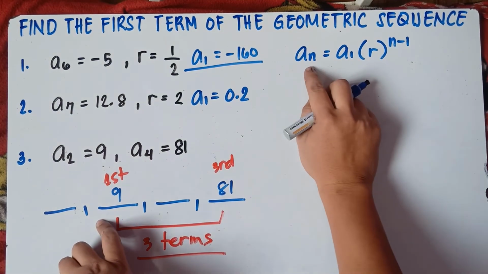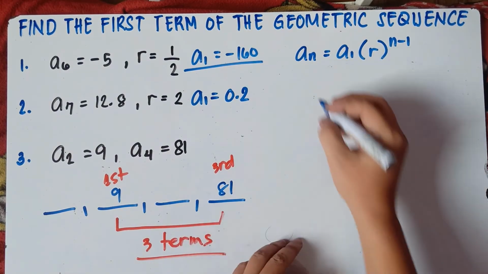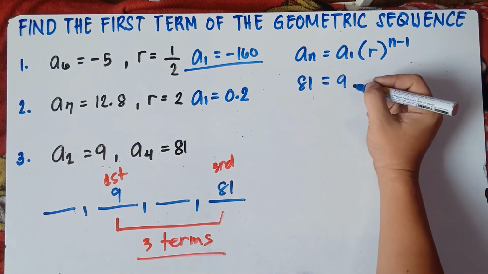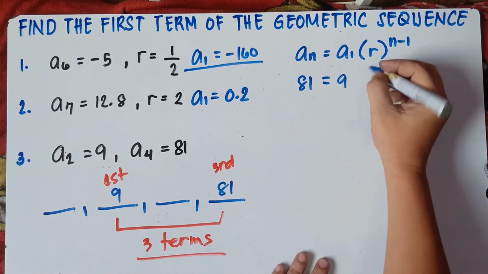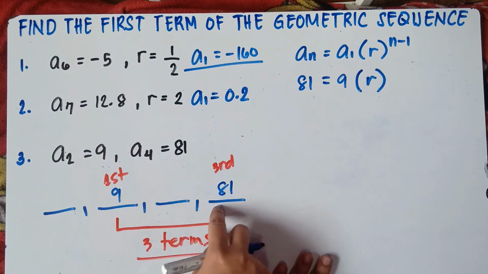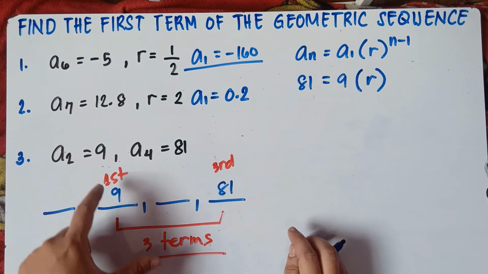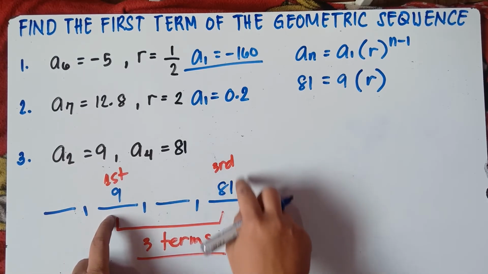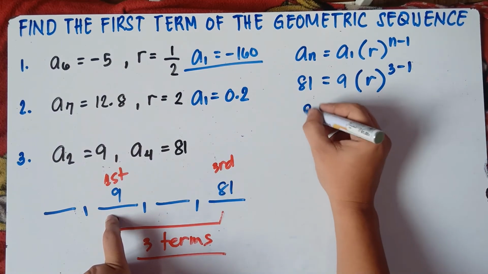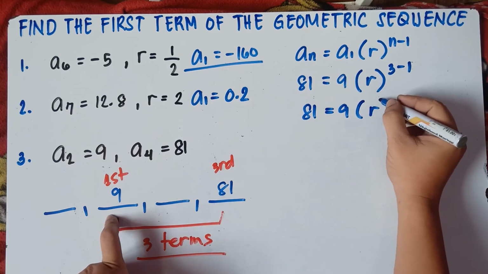So this will be a sub n. Our last term is 81. So this will be 81 equals our first term is 9. Once again, we're doing this one just to find the common ratio. Times r raised to the power of n minus 1. So we have 3 terms. So we neglect this first term because we assume this 9 to be our first term, and 81 will be our third term. So we have 3 terms. So 3 minus 1. This will be 81 equals 9 times r raised to the power of 3 minus 1,